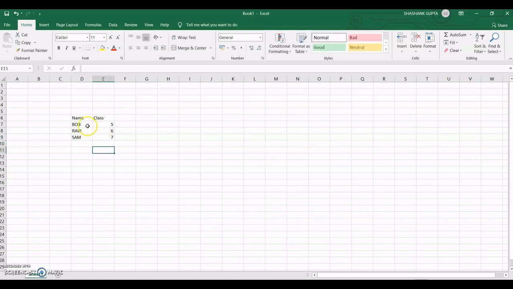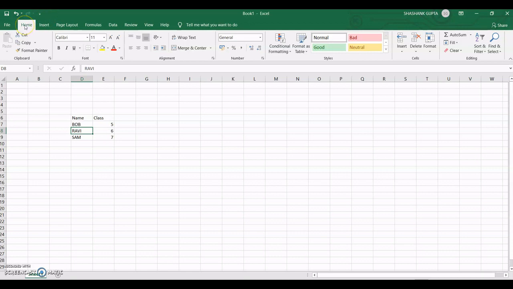Now if you want to create or insert a row, there are two methods. By default, if you want to create any row, you have to select the cell. Suppose I am talking about the row, it will create a row on the top by default. So there is an option.